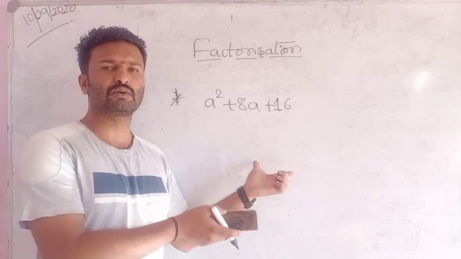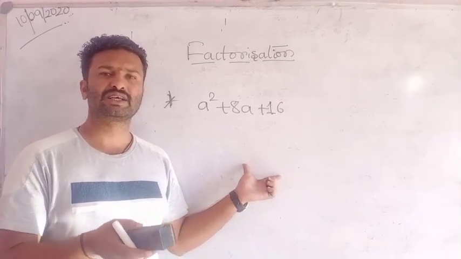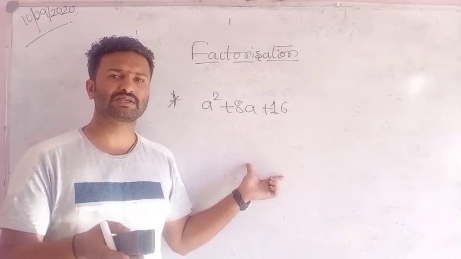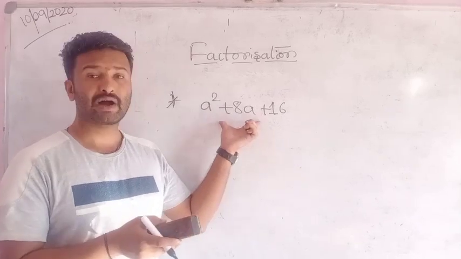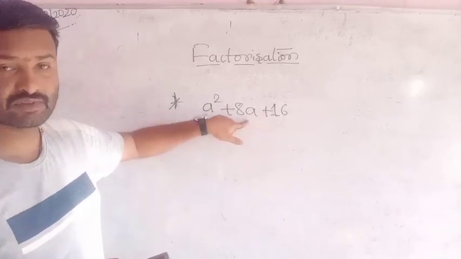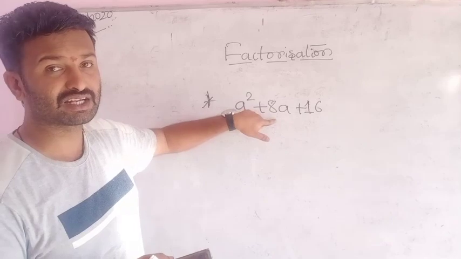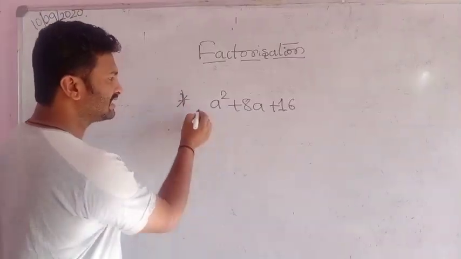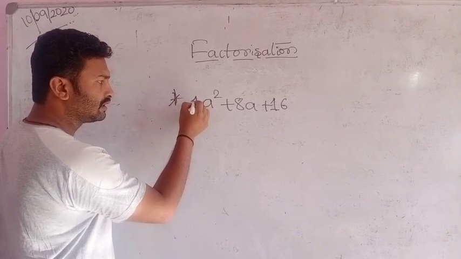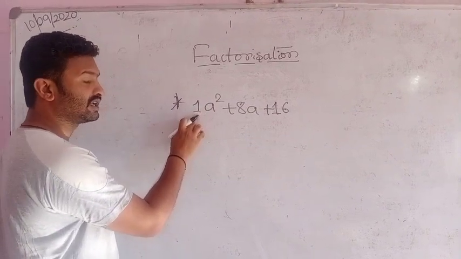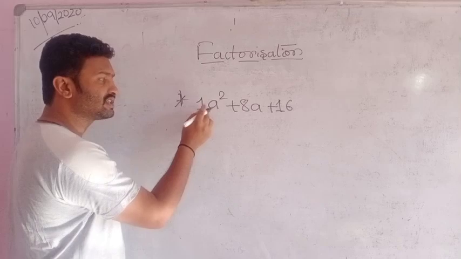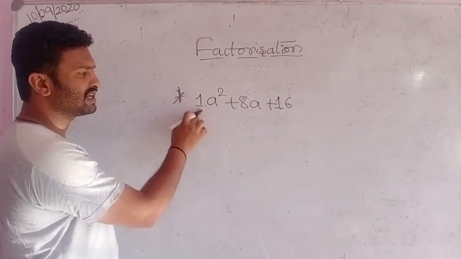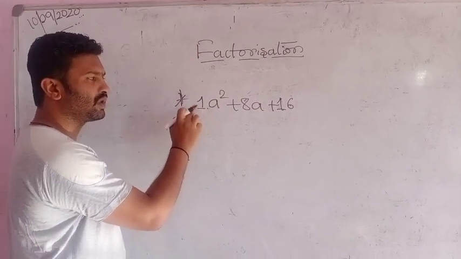Okay, in the last two problems we discussed on the basis of a square minus b square equals a plus b into a minus b. Here, by splitting the middle term. What? We have to split this middle term. How to find out the factors we'll see here. First we have to concentrate on the coefficient of a square. Coefficient of a square is nothing but, here nothing is there means 1, right?